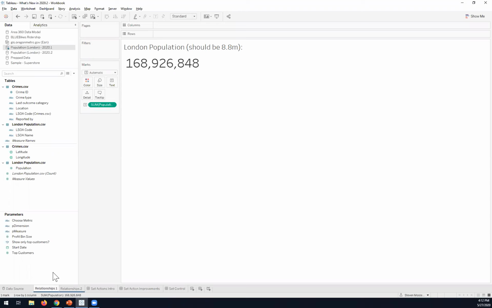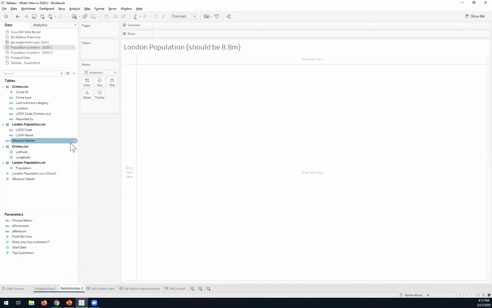When it does that join, it takes that population of 8 million and combines it with every record where I had a crime. That's why I get this giant population of 168 million, which isn't correct. The way you would have to do this within Tableau is a level of detail calculation to get it back to the population of 8.8 million.